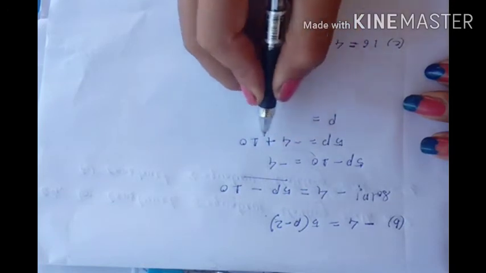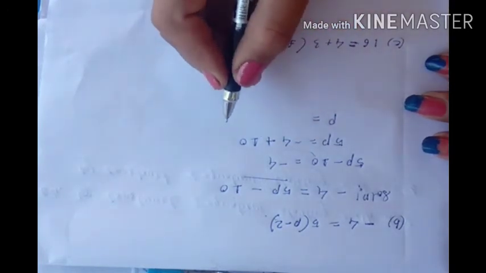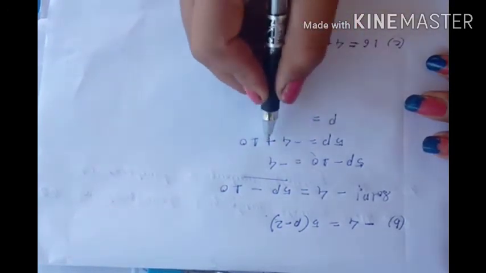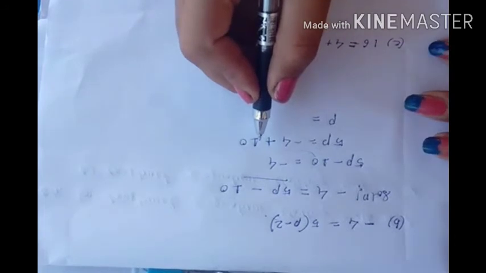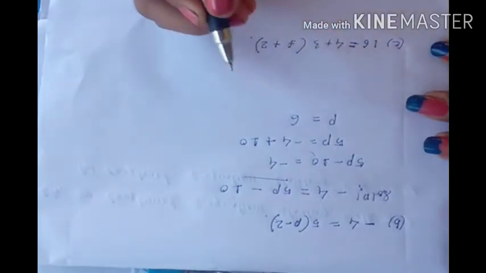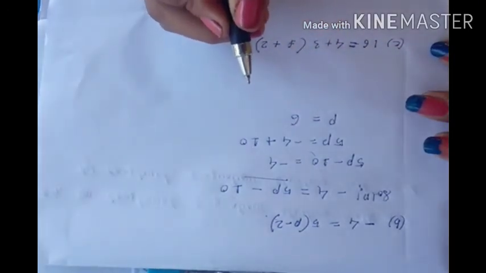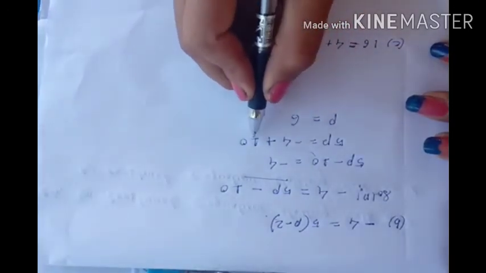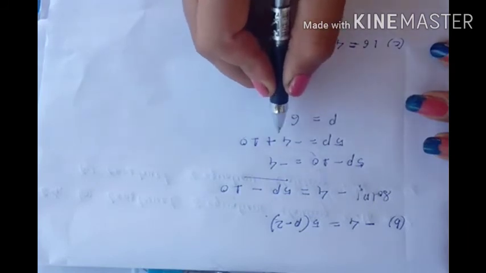Now minus plus is how much? Plus or minus? It is minus, isn't it? Minus plus is minus. So 10 minus 4, you will get how much? 6. And plus 6 or minus 6? We will get plus 6, because which is greater here? 10, and the greater number's sign we have to put here.